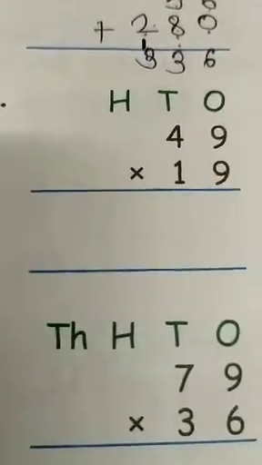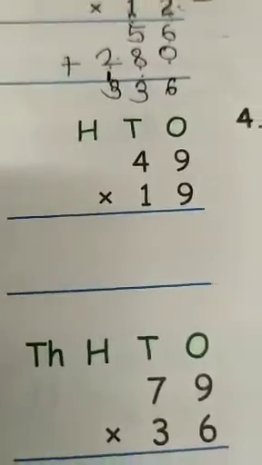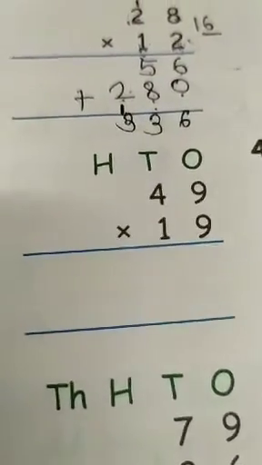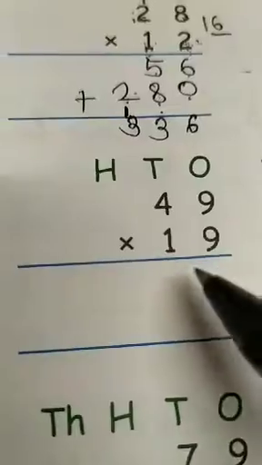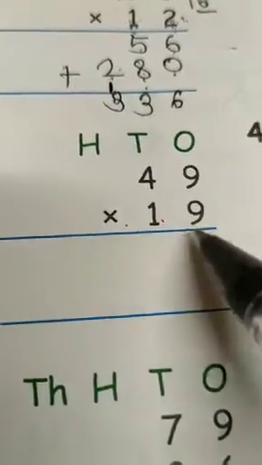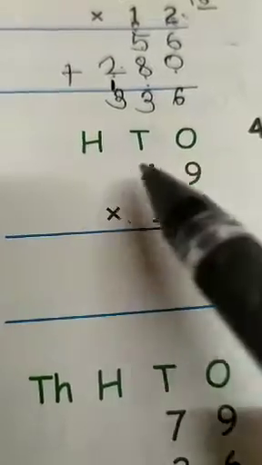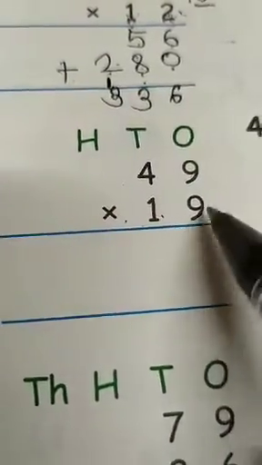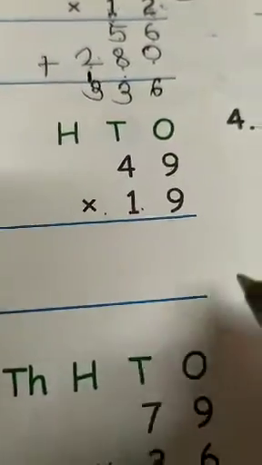Okay, students. After that we see the third sum. The third one is also similar to the first and second. So now 49 into 90. So firstly this 9 multiplies with 9 and 4. So 9 9s are 81. See, in 81, 1 is here and 8 will be carry. So here goes the carry.